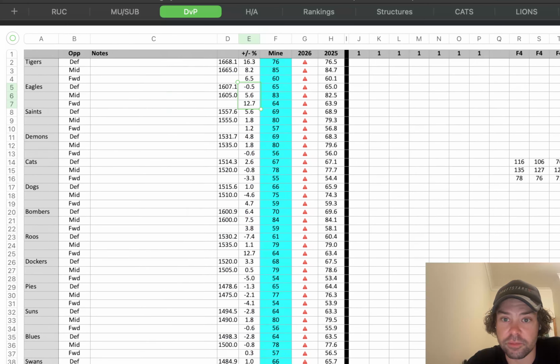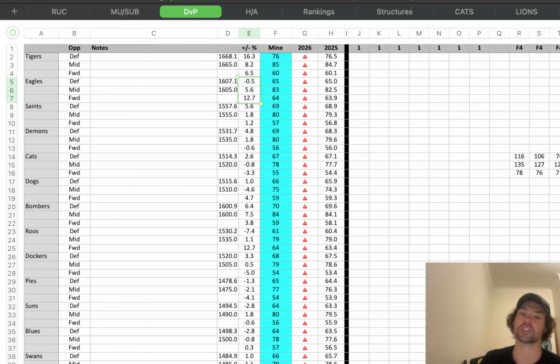Again, I have no idea if it's better or worse than anyone else's approach. There's been some seasons in the past when I haven't used DVP at all. There's been some seasons where I used DVP off other sources, like the DFS rankings site that used to exist, DFS Australia, Morta's site. There's a few different NRL ones where I use DVP stuff from Supercoach, which was not ideal.